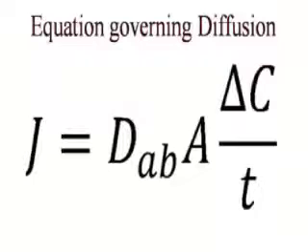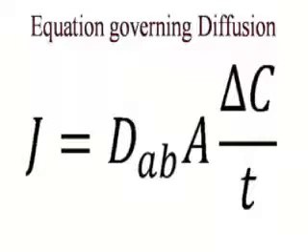mass transfer by diffusion. Now the main equation that governs this process, diffusion mass transfer, is shown on the screen. We see that this equation states that J is equal to D multiplied by A delta C over T. Now what does each symbol represent? J represents the rate of mass transfer, which is kilogram per second, the amount of atoms transferred in each second. D is